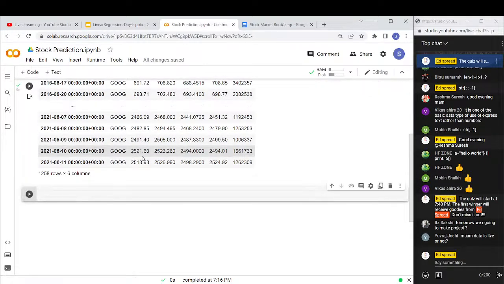So next, now I need to divide the dataset to the certain number of columns that I need. So again, I'll write,